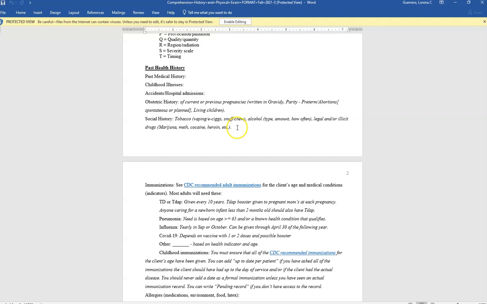Okay. So gravity, parity, meaning how many children did you actually have? And the way you want to list this is in preterm births, abortions, and those include spontaneous or planned, or what we call terminations. Okay. And then how many living children do you have? So that's the way that's written. Social history includes tobacco, such as vaping, e-cigarettes. People could chew or snuff or actually, you